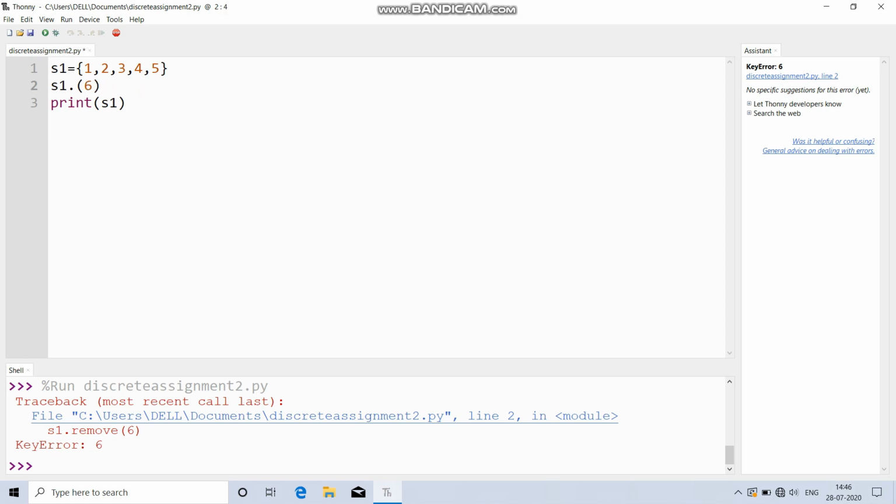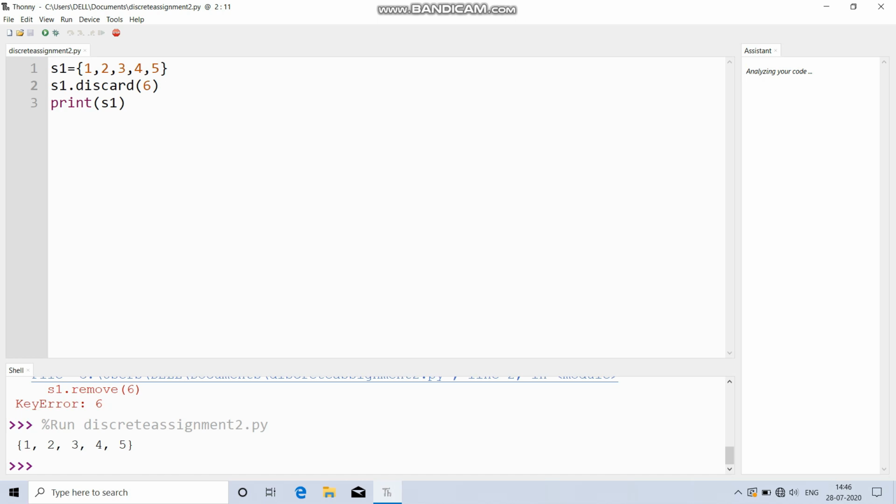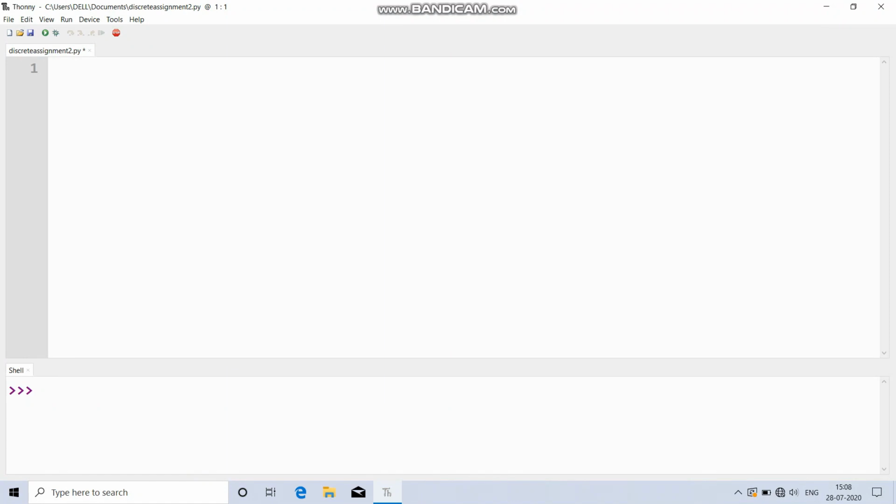And if I use discard in place of remove, and run it now, you can see it just prints out our set with no values removed. So that's the difference between the two.